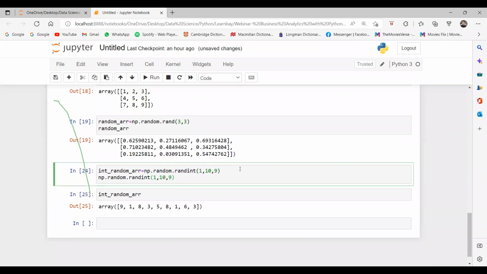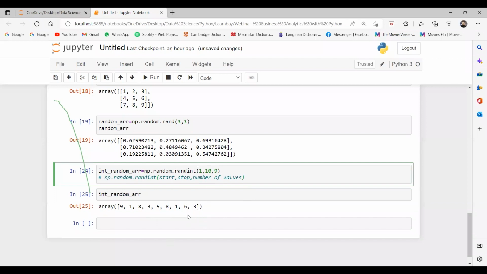If I talk about the syntax, this is the start value, this is the end limit, or you can say stop, and this is the number of values we want. So between 1 to 10, I want 9 random values. So it is giving me 9 random values, yes or no? In random order, it can give anything. So 8 is repeated twice or whatever. So this way we can create like this.